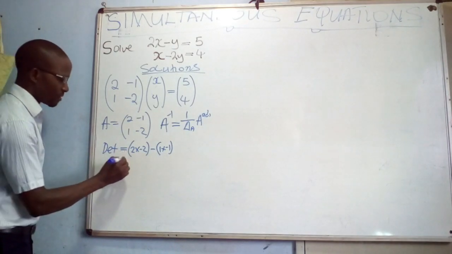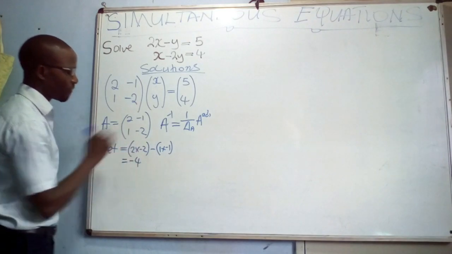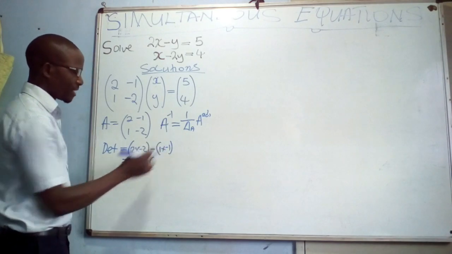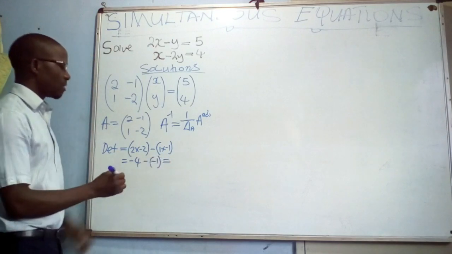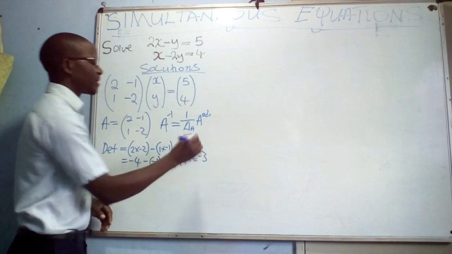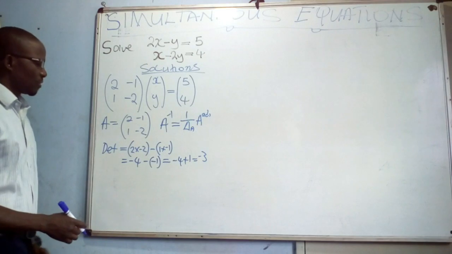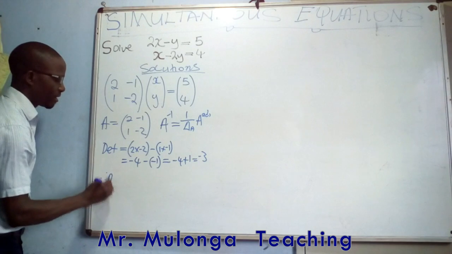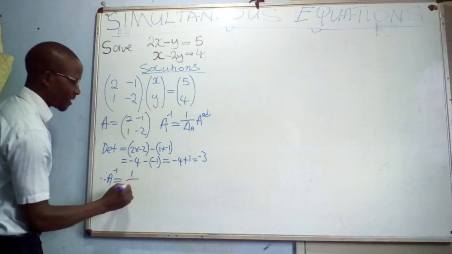Then from here, 2 times -2 is going to be -4. Then minus 1 times -1 will give us a +1. From there, this is now going to be -4 plus 1, which will be -3. Then we can find the A inverse now. So A inverse is going to be equal to 1 over